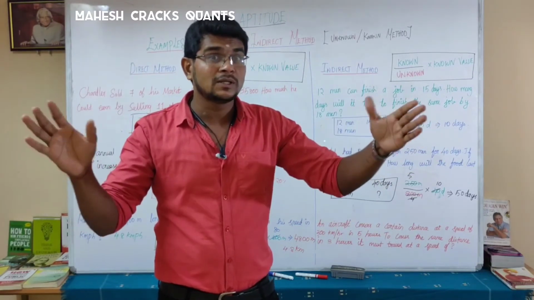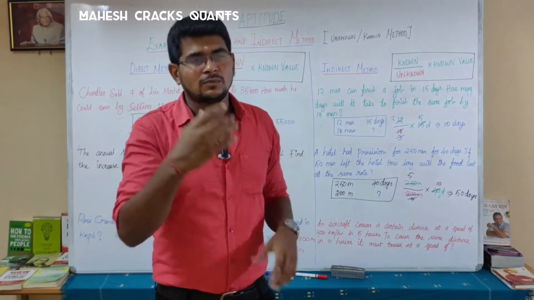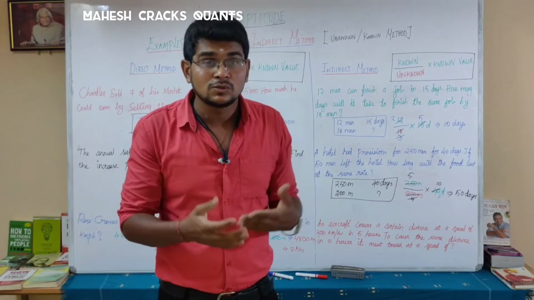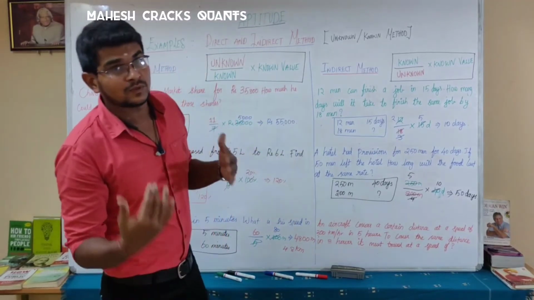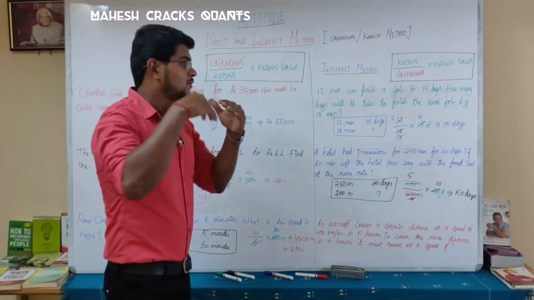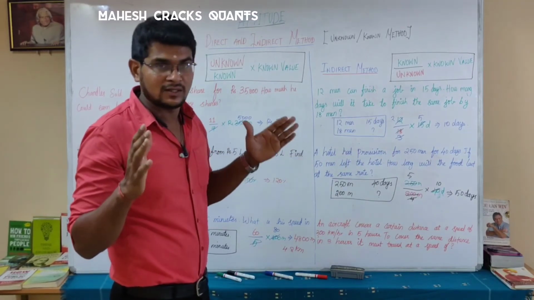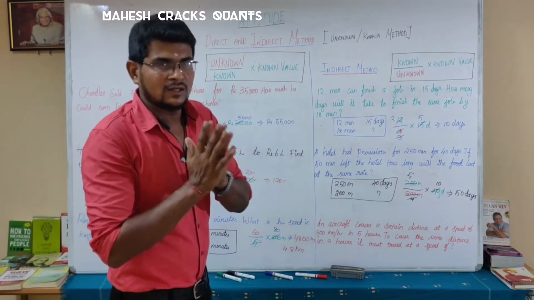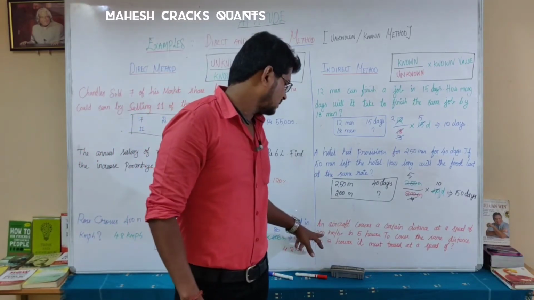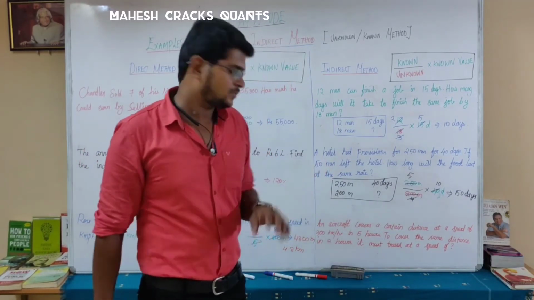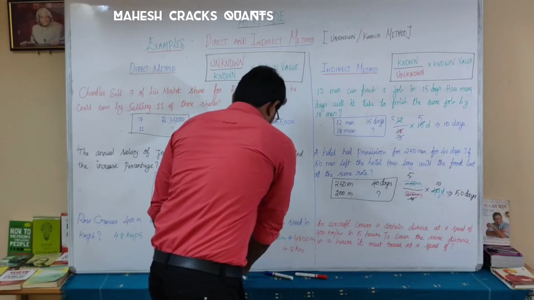The same distance should be covered in 3 hours. Automatically, what will happen with the speed? What should you do? You should increase the speed to make that aircraft cover the same distance in 3 hours. Here we have all 3 values: 300 km per hour, 5 hours, 3 hours. So we'll take it down.